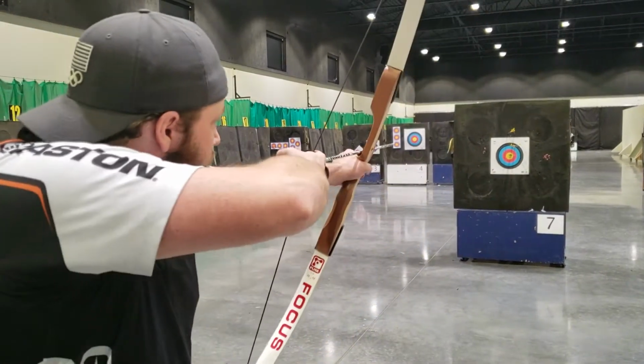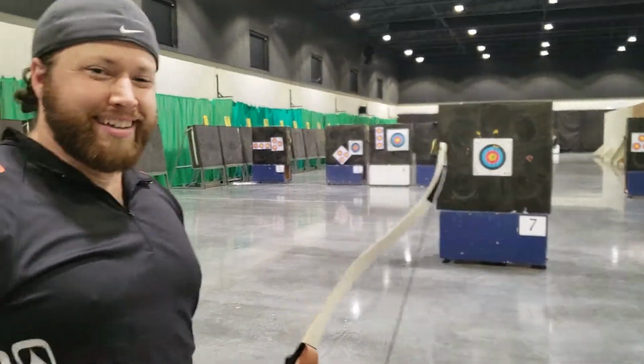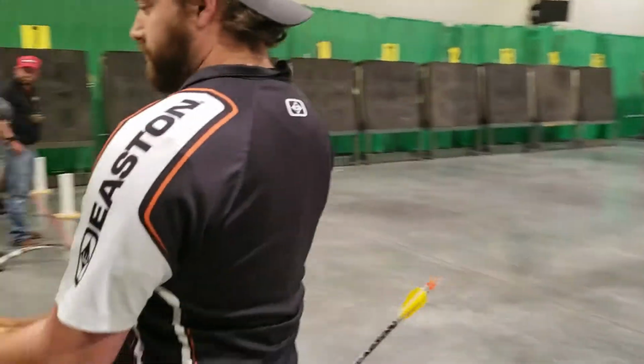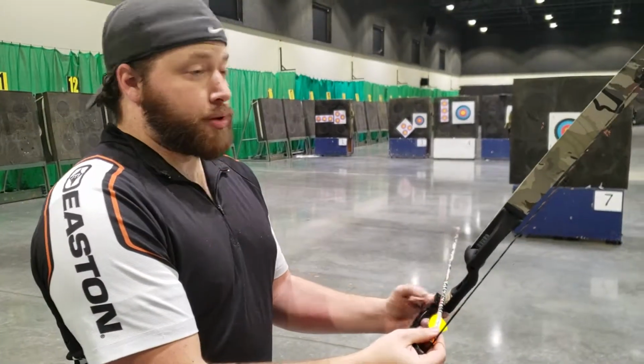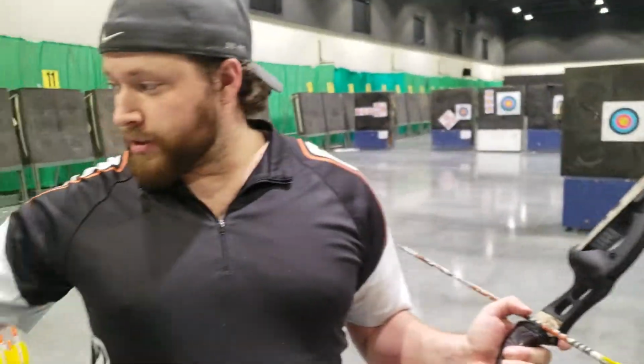The big motion that really helps when trying to shoot with traditional is you want to maintain a feeling like you're throwing a baseball. All right, so now we got the buffalo. So the biggest difference between, so this is a Hoyt Buffalo, and this one here is just a little